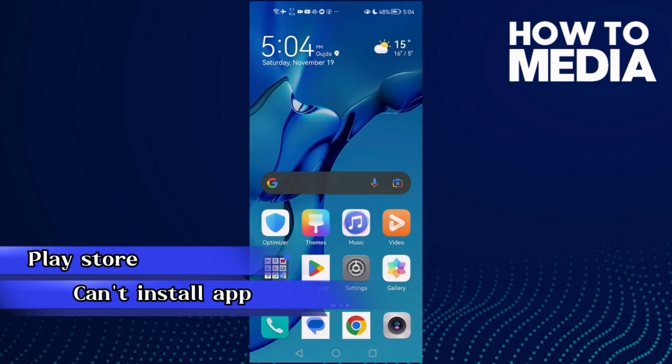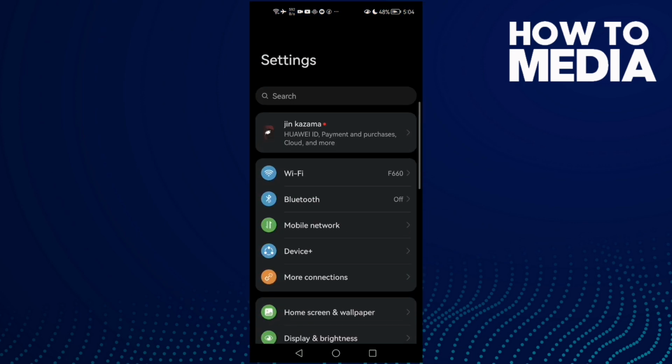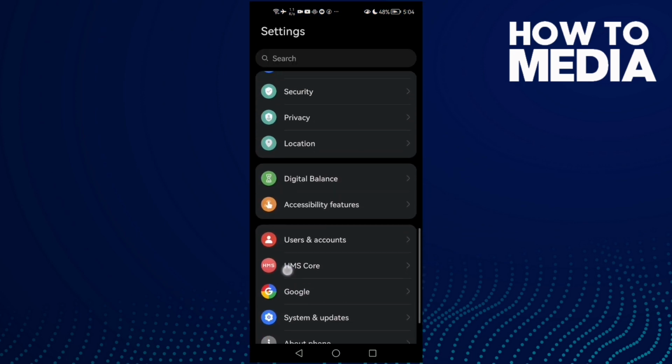How to fix Google Play Store can't install app on Android phone. Hello guys, in today's video I'm gonna show you how to fix Google Play Store can't install app on Android phone. First, open settings and here scroll down until you find